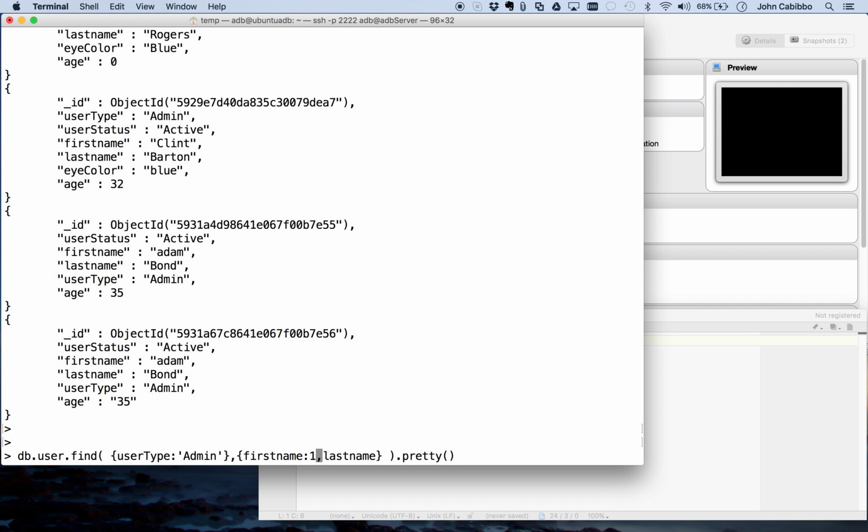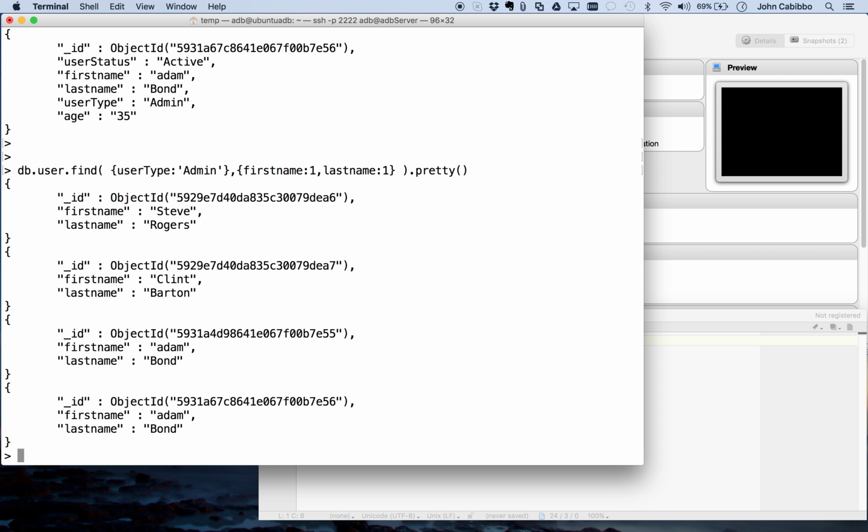So say first name: 1, and that 1 again is just a placeholder. Last name: 1. Now, instead of getting the entire document back, there's the first name and the last name. The ID field will always come back, regardless of whether you ask for it or not. So if I ever go ahead and say, return all of the last names and, I don't know, ages,